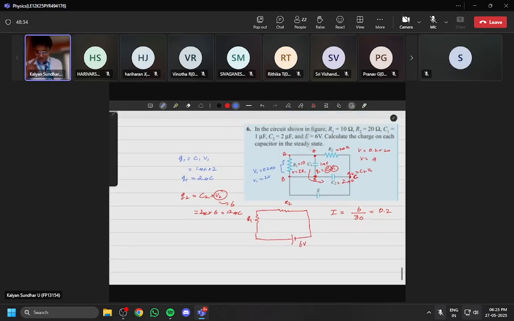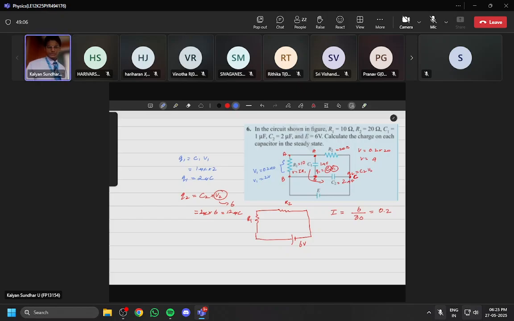So the first Q1 is 2 microcoulomb and this will be 12 microcoulomb. Right, sir. So this is all about your